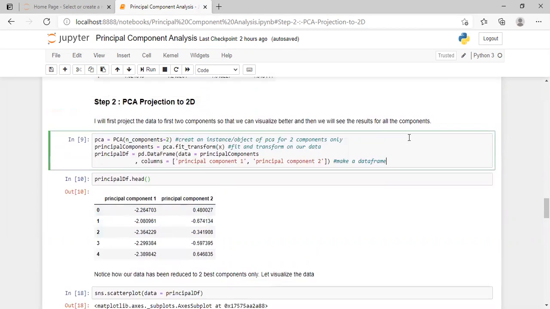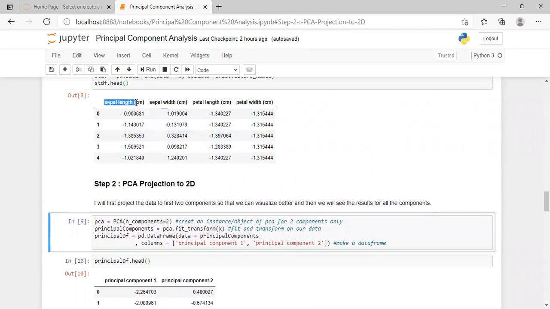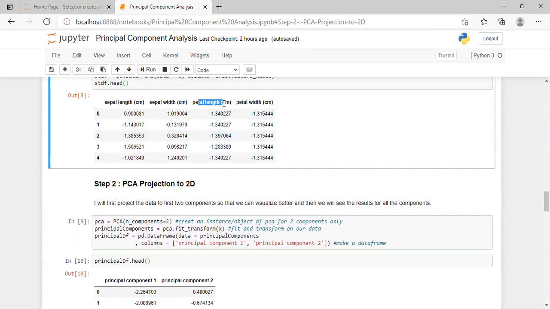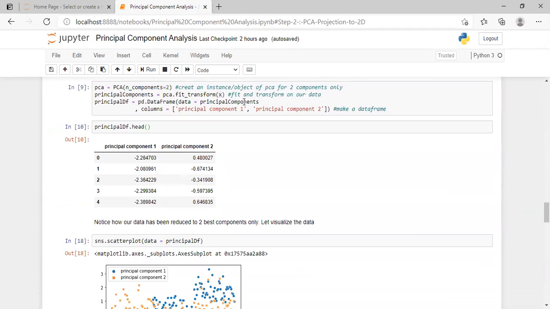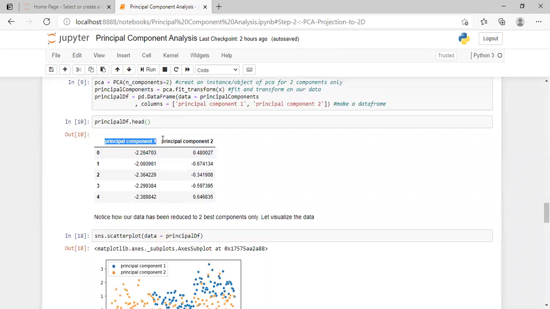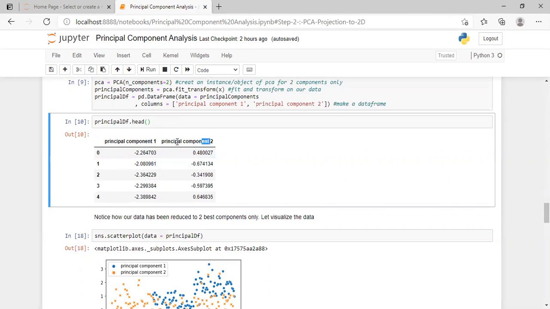So from 4 features, sepal length, sepal width, petal length, and petal width, we got down to only 2 variables. We won't be saying them as variables, but we will be calling them principal components.